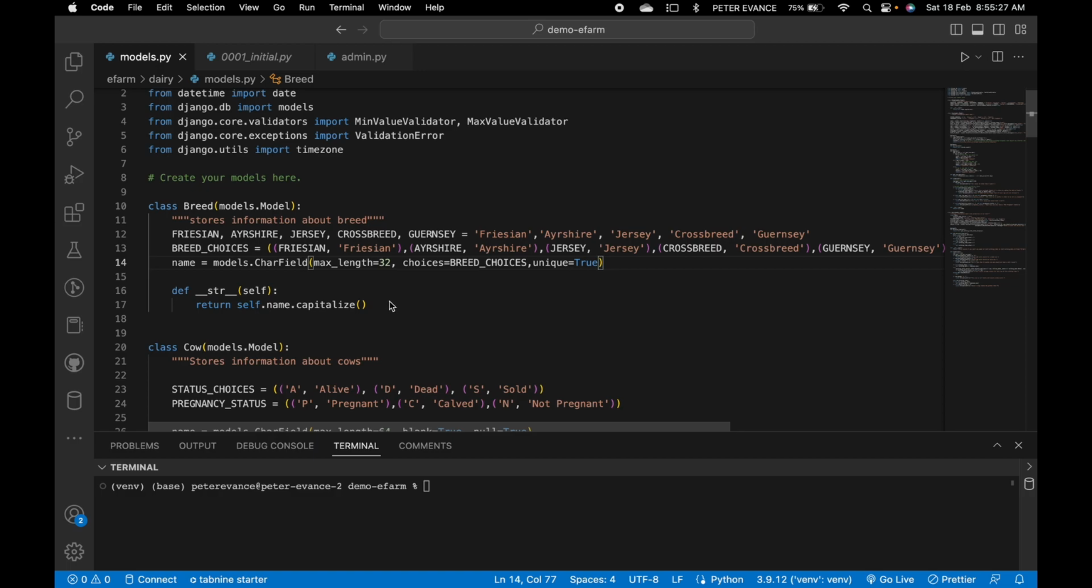In our previous tutorial, I created this breed model that represents different breeds of cows in our dairy farm. However, I forgot to add a unique constraint to the name field. This means that it's possible for two breeds to have the same name, which could cause confusion and errors in our application. For example, one could save a breed by the name Fresian, then save another breed by the name